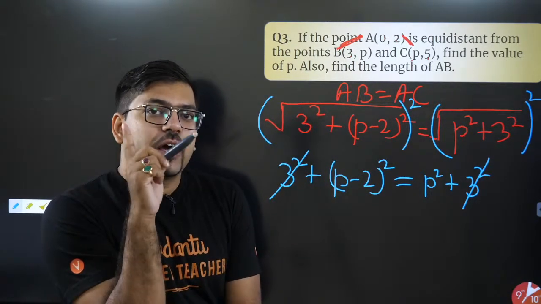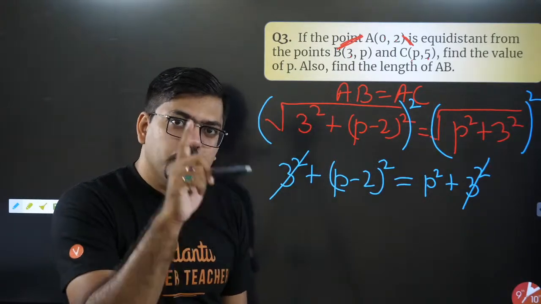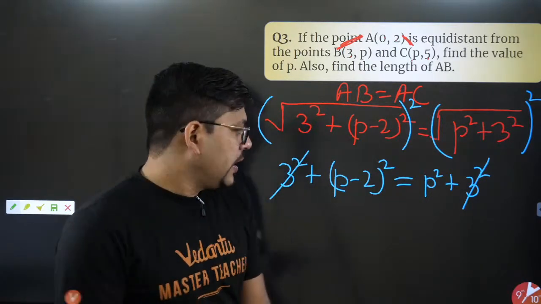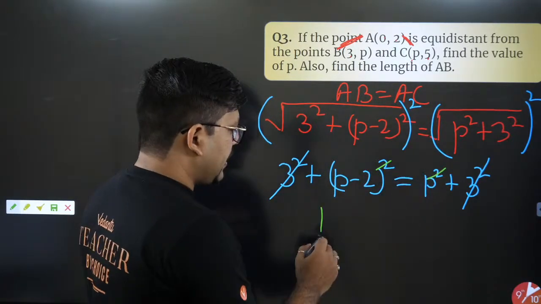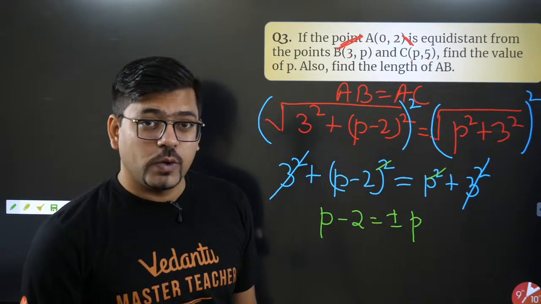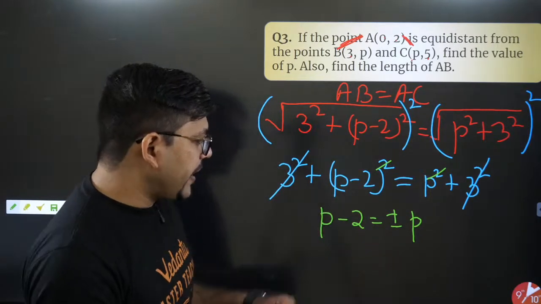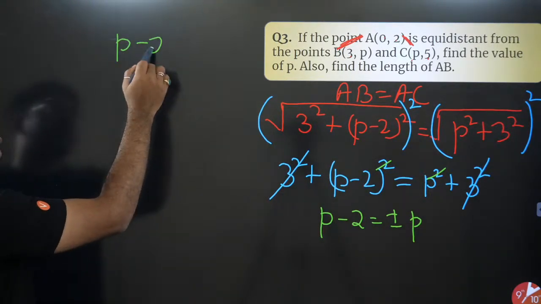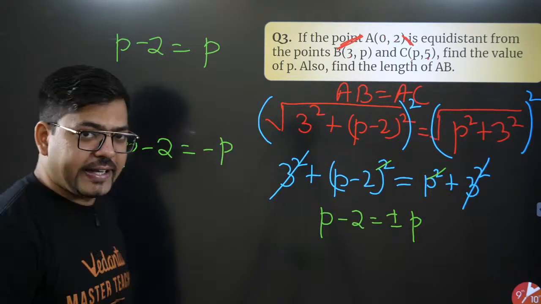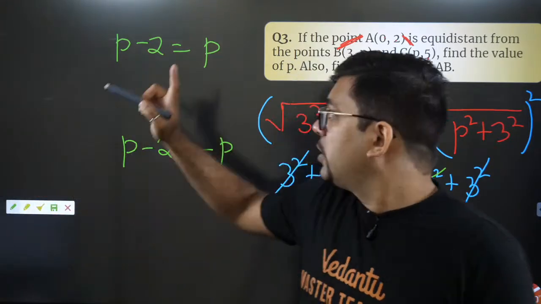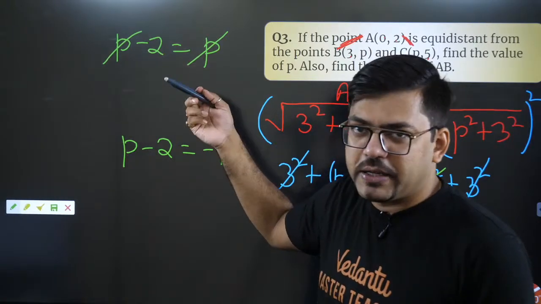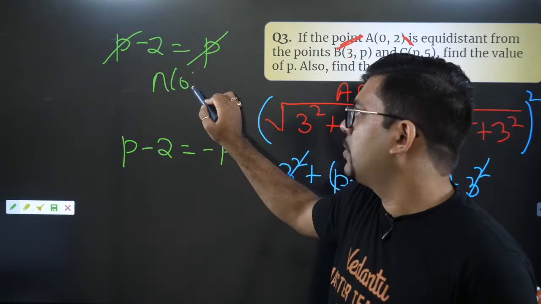We know that we can cancel the square, but we need to provide plus and minus both of them, any one side. So I will cancel this square and square, and I'll write p minus 2 is equals to plus minus p. That either it will be equal to plus p or minus p. So if I write plus p, please see here, if I write p minus 2 equals to p, this could be one possibility, or p minus 2 equals to minus p, this could be the second possibility. If we go for the first possibility, obviously p and p gets cancelled, minus 2 equals to 0 does not make sense. So I'll write that this is not possible.